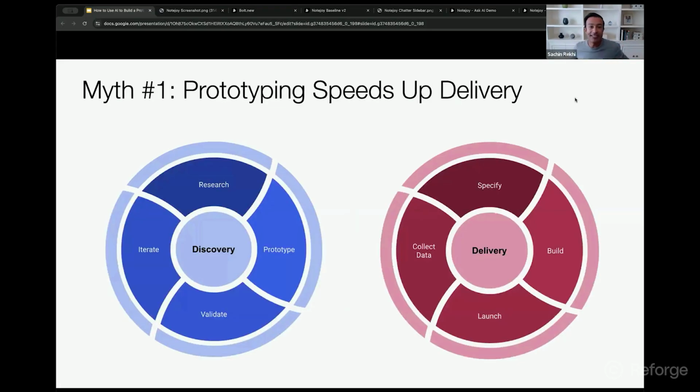All right, now let's talk about some of the myths associated with prototyping. Now, one thing I often hear is people think about these prototypes that we can build as PMs as a way to speed up delivery. And it's this idea, hey, we can build this prototype, hand it over to engineering, they can run with it, and we're going to be off to the races of getting this feature into production faster than ever. Now, that, in my opinion, is not the right way to use or think about prototypes.